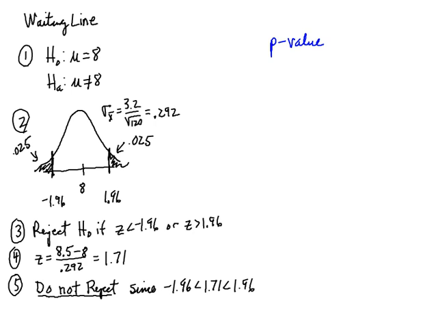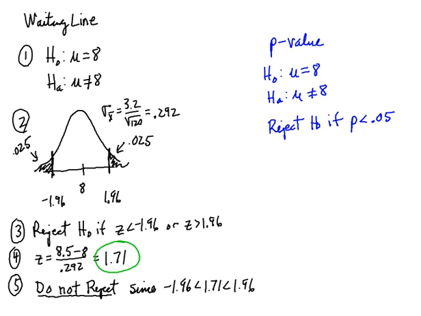We turn next to running the same test using a p-value. Again, we will set up the null and alternative hypothesis in the same way. And the rejection rule is we'll reject H sub 0 if the p-value is less than 0.05. Now, to get the p-value, I am going to look at my 8.5 and find its location,